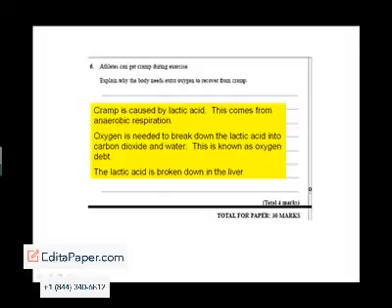We then need to look at why the extra oxygen is necessary. Well, oxygen is needed to break down the lactic acid into carbon dioxide and water. This is known as oxygen debt. So, first mark for the bit about cramp, second mark for the oxygen breaking down the lactic acid into CO2 and water, third mark, it's known as oxygen debt, and finally, where does it all happen? The lactic acid is broken down in the liver. That will give you